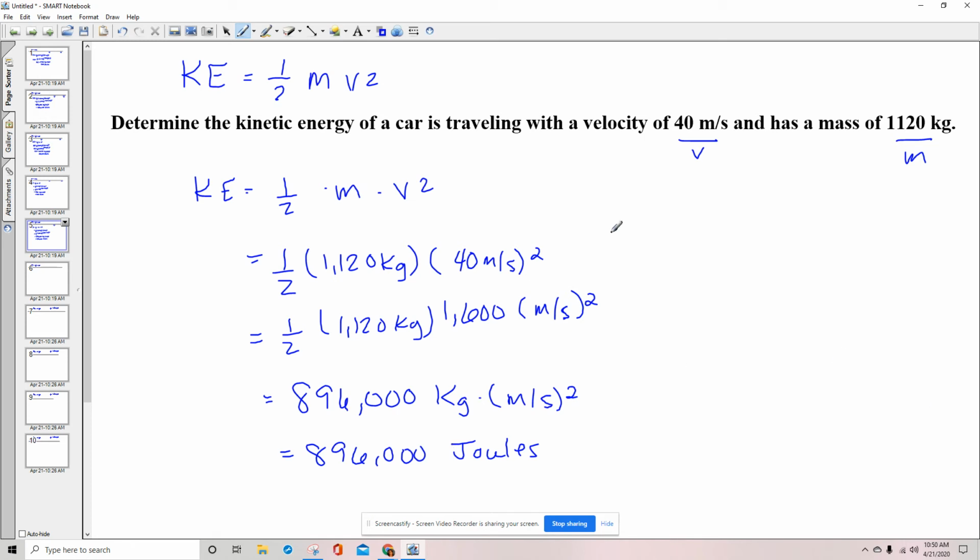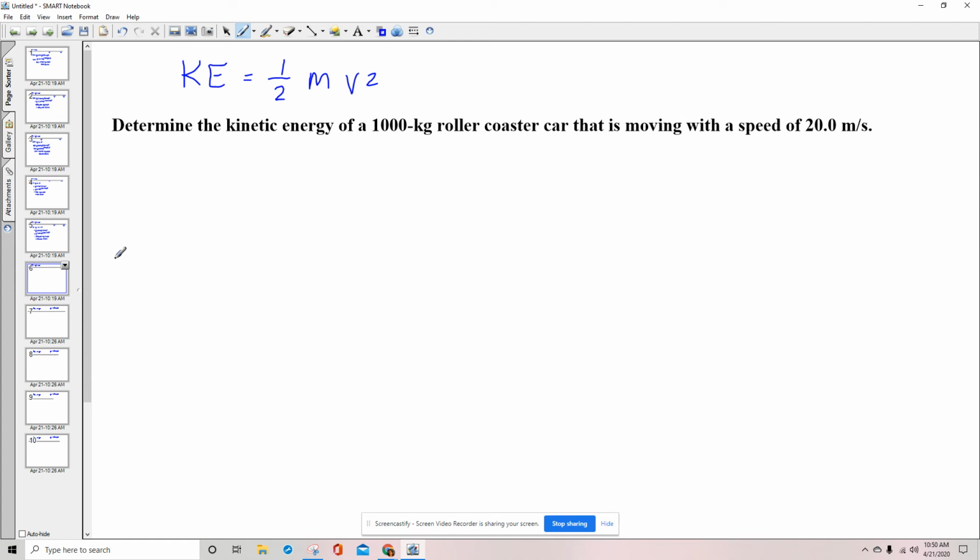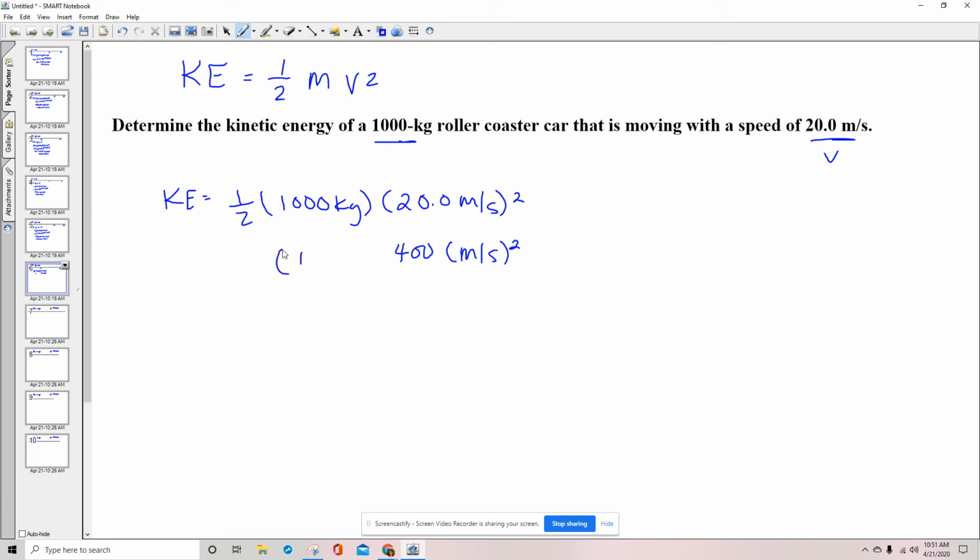Okay, let's do one more example of kinetic. So this one we're going to determine the kinetic energy of a 1,000 kilogram roller coaster car that is moving with a speed or velocity of 20 meters per second. So KE is going to equal 1/2 times 1,000 kilograms times 20 meters per second squared. So that's going to give us 400 meters per second squared, and then times 1,000